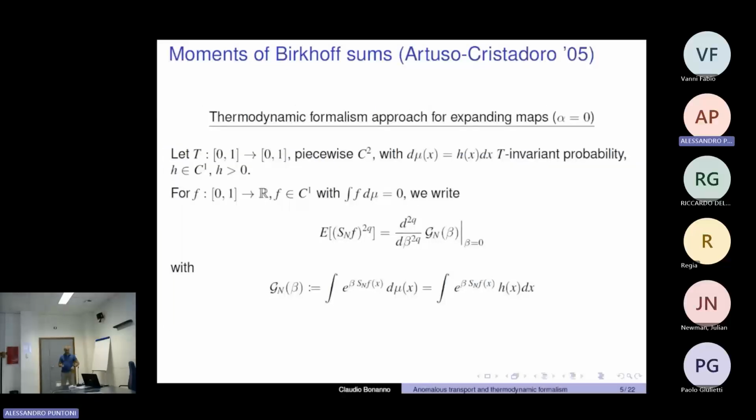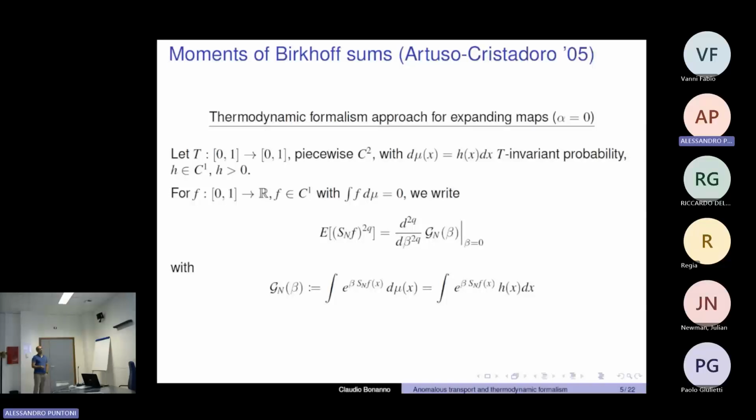So now I will spend some time just showing you the idea of the proof that they show in their paper. And in particular, highlighting what are the things that we know and what are the things that we don't know and need to do. So what we know is, for example, that everything is quite easy when alpha is equal to 0. So when alpha is equal to 0, so the easy case in which actually you have the Bernoulli map, you have some good invariant probability measure, with a density h which is positive,